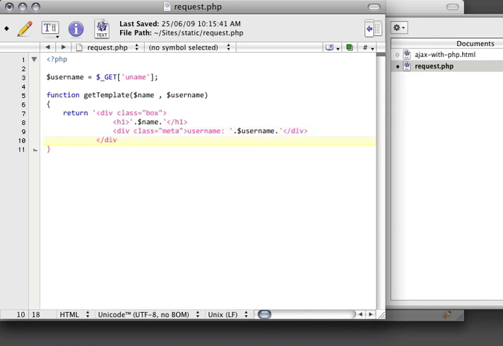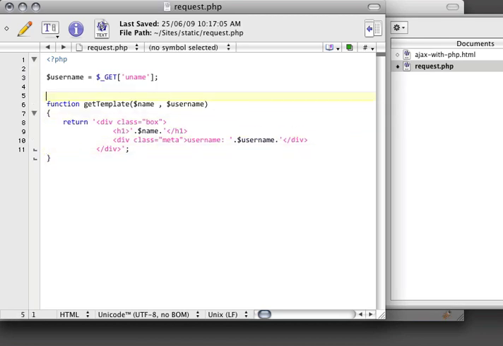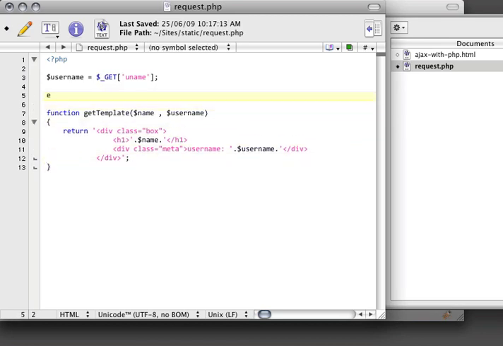And then we'll just close the box div. And there we go. So we've got a very simple template. We're not using it yet. If I wanted to actually see what this looked like, I could just echo get template